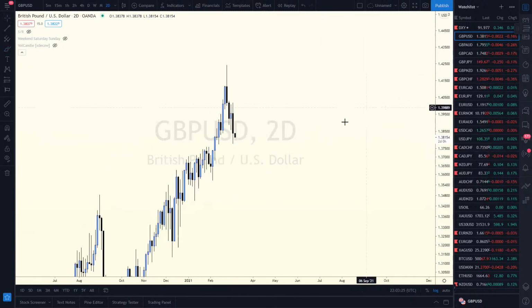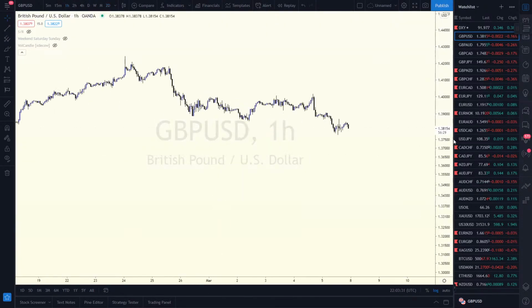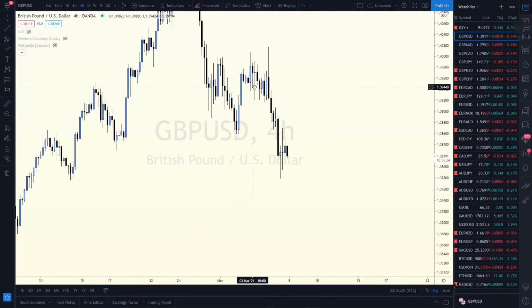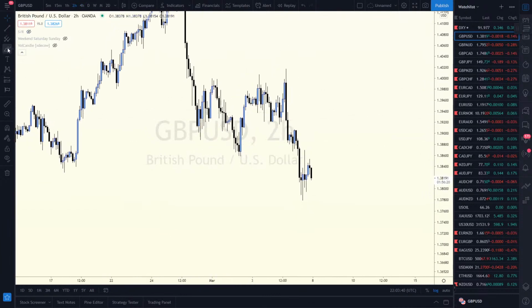Okay, I'm looking for a correction up. I'm not looking for long-term buys, just short-term buys for now. So for me, what I'm looking for right now is a correction to the upside, hopefully at the start